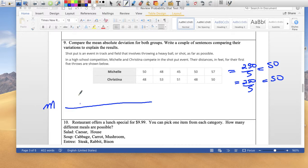And Michelle, the lowest is 44, so 45. So this is Michelle, 45, 46, 47, 48, 49, 50, 51, 52, 53, 54, 55, 56, 57. So Michelle had a 48, a 50, a 45, a 50 again, and a 57. So that's Michelle. And then Christina,